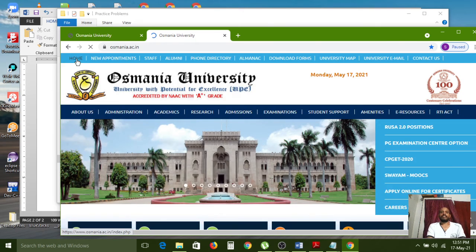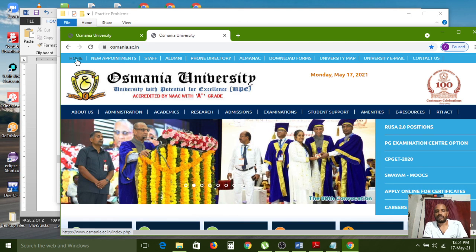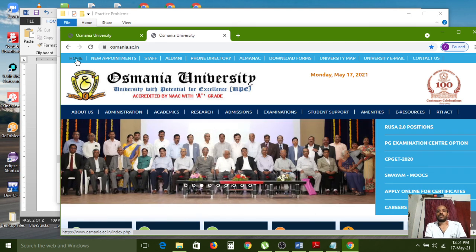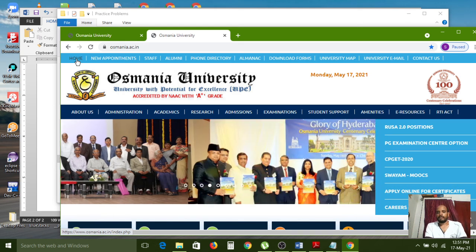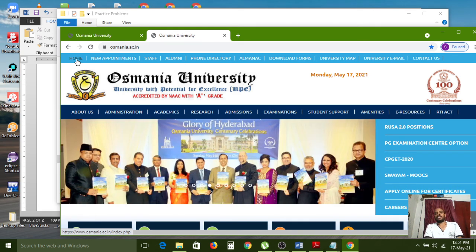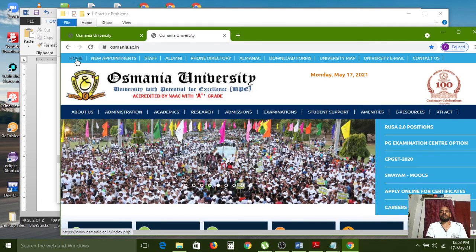So it is opening the Osmania University server files. Where is this website available? At Osmania University. But we are accessing from here to there. So like that, external links will work. But if you want to execute external links, your system or laptop compulsorily needs an internet connection.